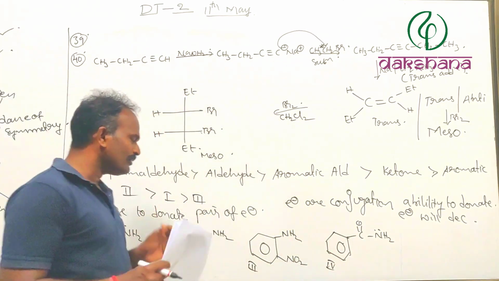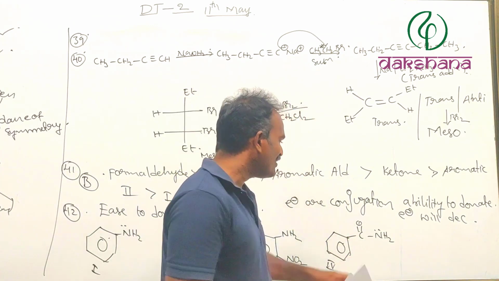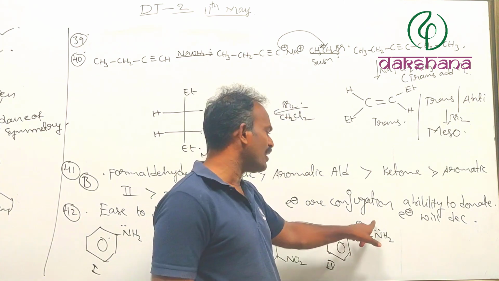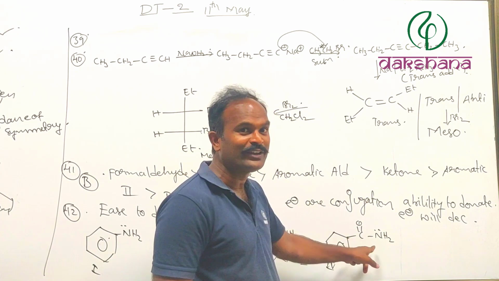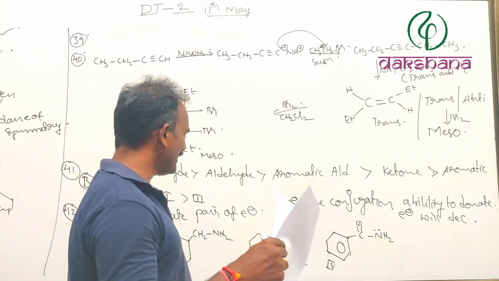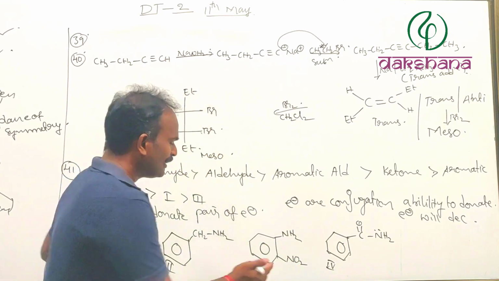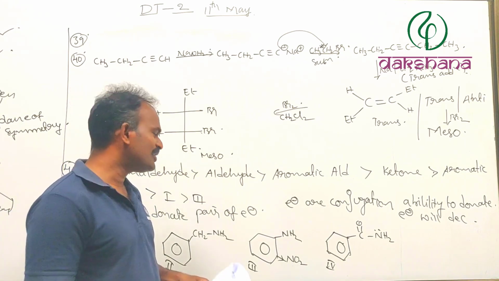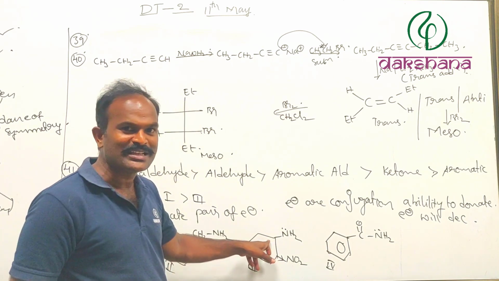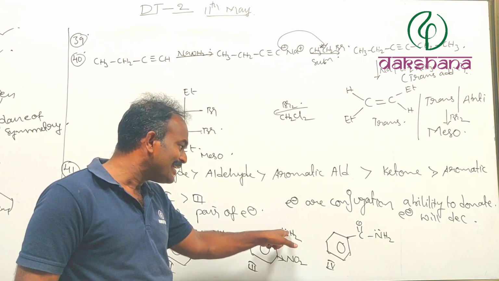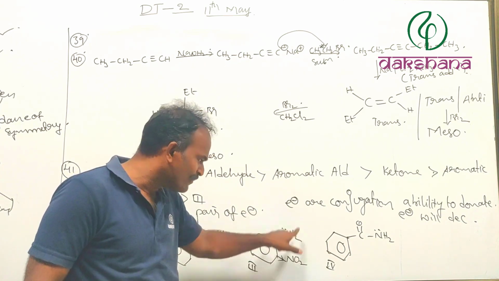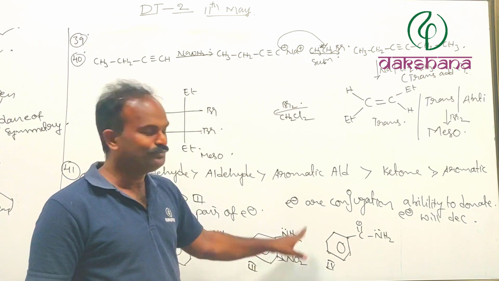Now if you look at this one, here there will definitely be conjugation involved, and here it produces two symmetrical resonating structures. When there are more symmetrical resonating structures, the compound is more stable, and the ability to donate the pair of electrons is less. Therefore, it is going to be the least one, no doubt about it. Next, here we have an electron withdrawing group, which is nothing but a minus M group. Moreover, these electrons are in conjugation with the benzene nucleus. Therefore, the tendency of the nitrogen to donate the electrons is decreased, because the electron density on this nitrogen is decreased by the presence of this group.